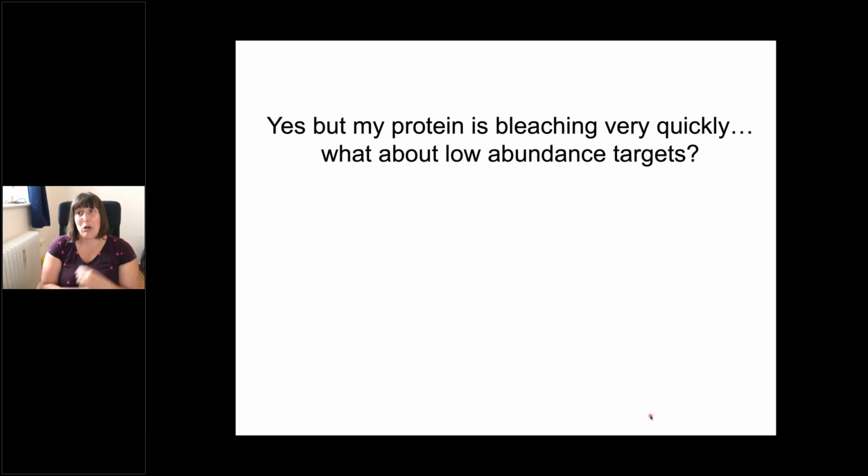Actually, a question that I get a lot when I show this is why I decided to add these next few extra slides. A question that I get a lot is: yes, but my protein is bleaching very quickly. I'm only really able to take one frame and then my protein is bleaching. Also, I work with CRISPR knock-ins, which are not very abundant. And my answer to that is that there is a little bit of optimization that one can do,